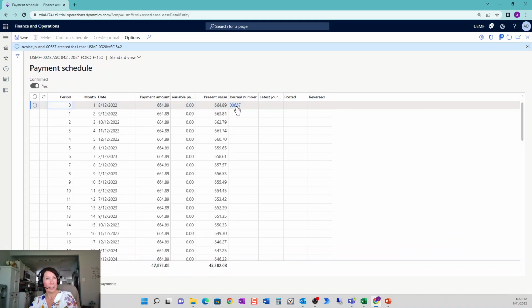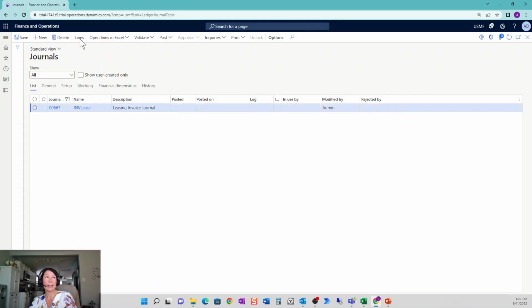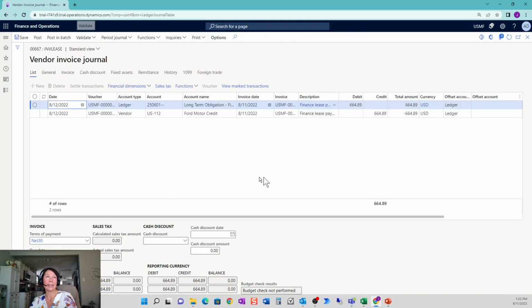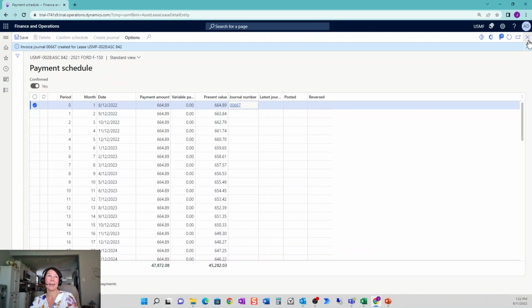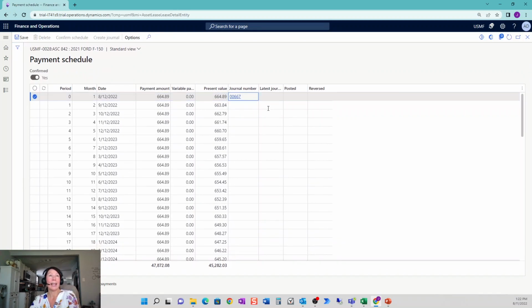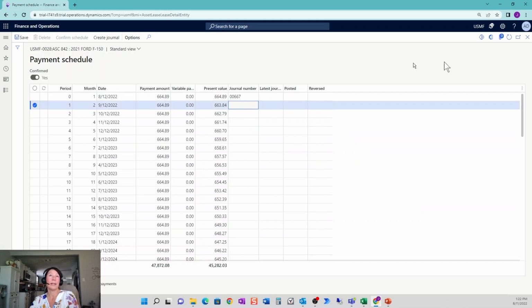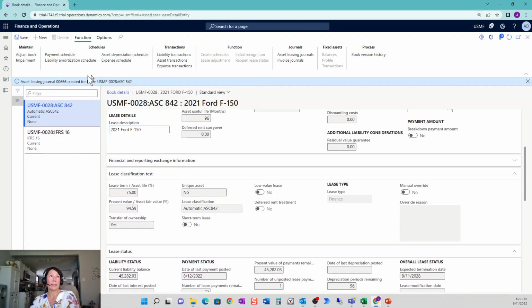Now I can click inside this journal and it'll take me straight to the journal. If I wanted to look at it, I can go to lines and I can see that this entry is debiting my liability and crediting the vendor. So it's going to be paying the vendor. This is my first payment. Beautiful. Now, we don't have to go into each one, and we don't have to go line by line. We can actually set up a batch to run these. But for this example, we're going to go into each schedule,